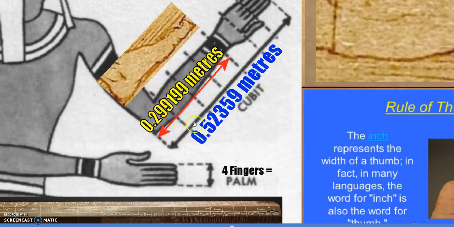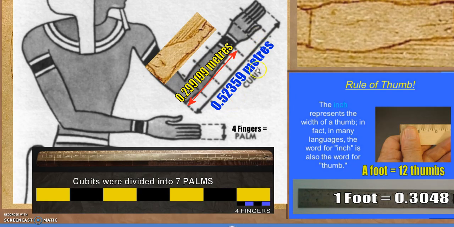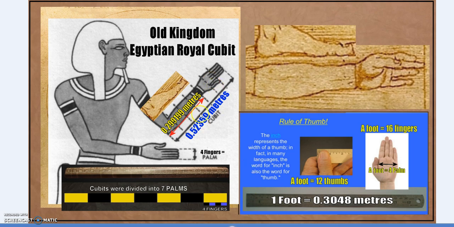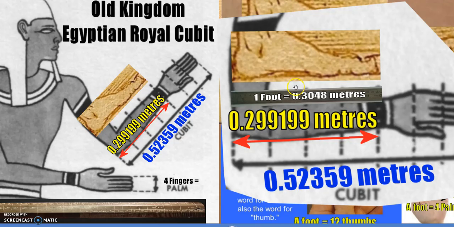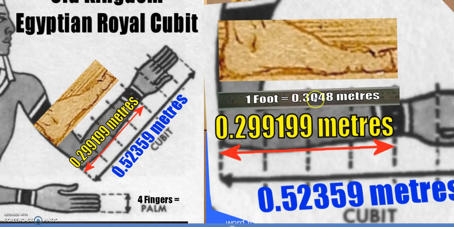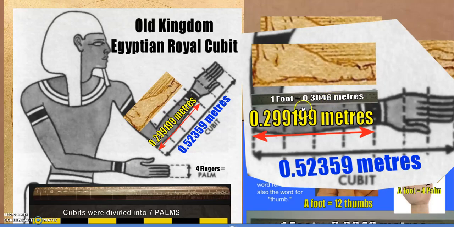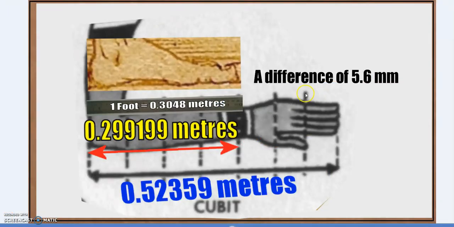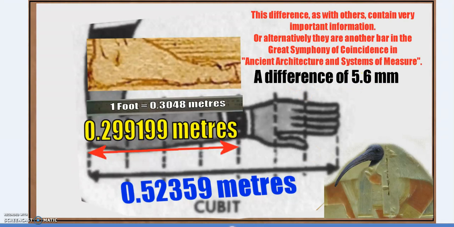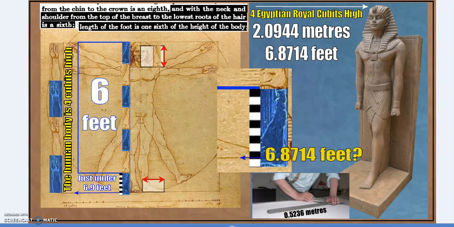Okay, so therefore 4/7 of an Egyptian raw cubit, or pi over 6 meters, is 0.299199 meters. Therefore that would be the foot. Now 1 English foot is 0.3048 meters, a little bit longer. Difference of 5.6 millimeters. God of weights and measures, architecture, systems of measurement, which brings us back to the idealized